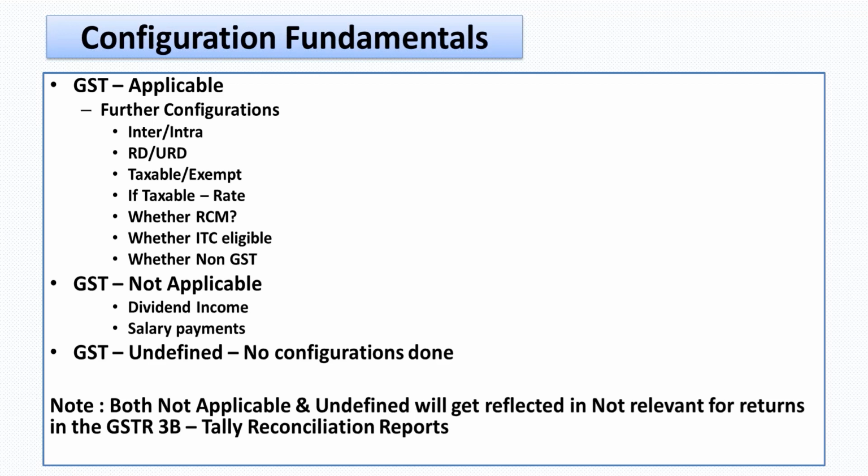As I said, if I'm selecting a GTA service, let's say I'm a logistics company creating a sales ledger and configuring it as reverse charge, then although I am collecting the money for the services rendered, I will not be collecting the tax part. It will enable computation on a reverse charge basis where the recipient will pay the tax. This will hold good even for my inward supply, where I will in fact be required to discharge taxes. In that case too I can enable whether it is an RCM, and I can discharge the taxes. So this feature is also there.